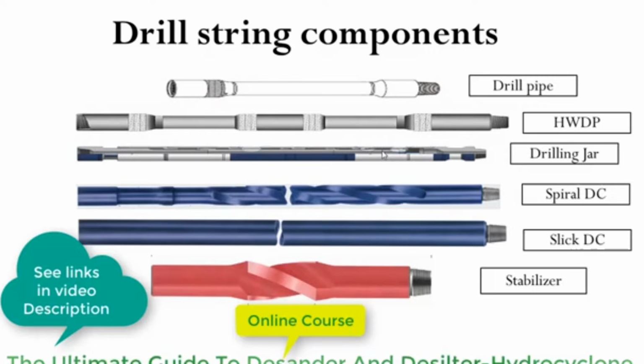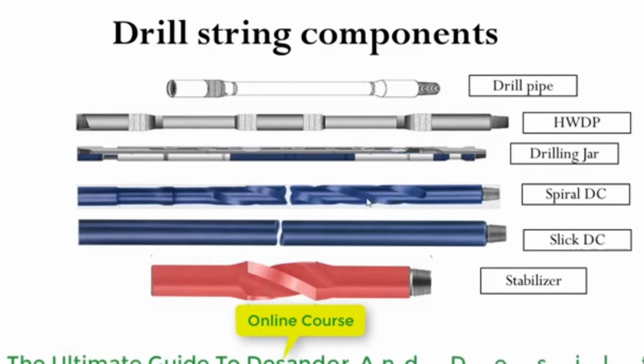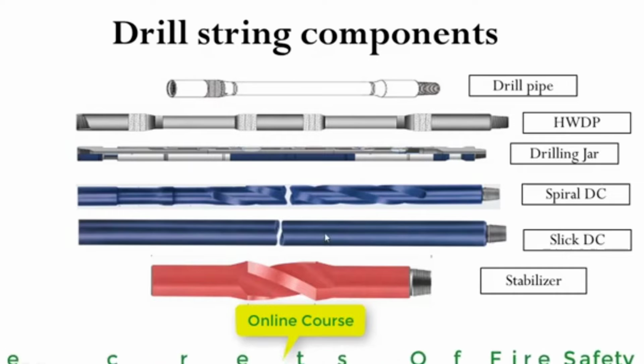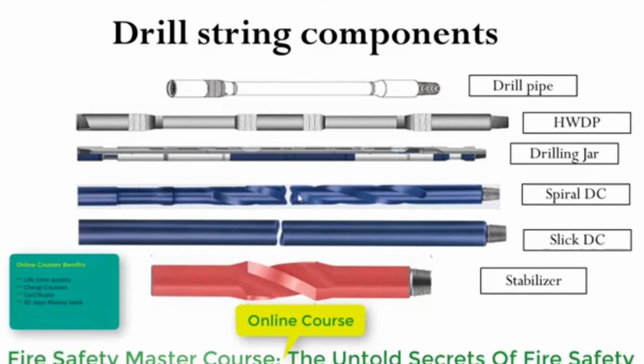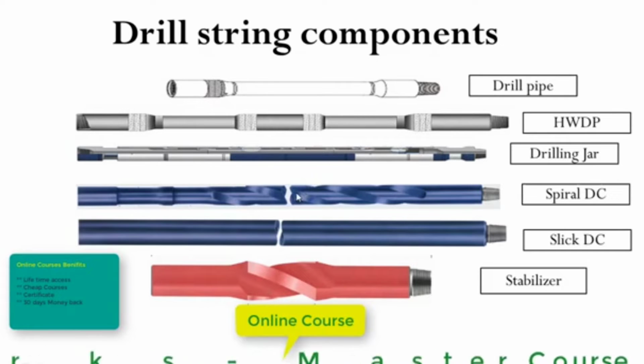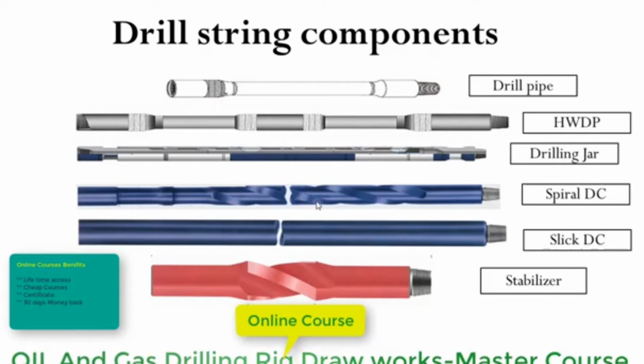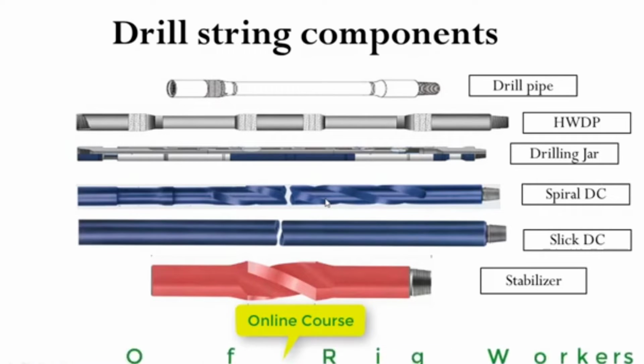Drill collar can be spiral drill collar or flush or slick drill collar. Spiral drill collars have a spiral shape profile on their body, and drill collars are heavier as compared to heavyweight and drill pipe, and they have very thick steel wall. They are used to provide the weight on the bit. Spiral drill collars are preferably used to prevent